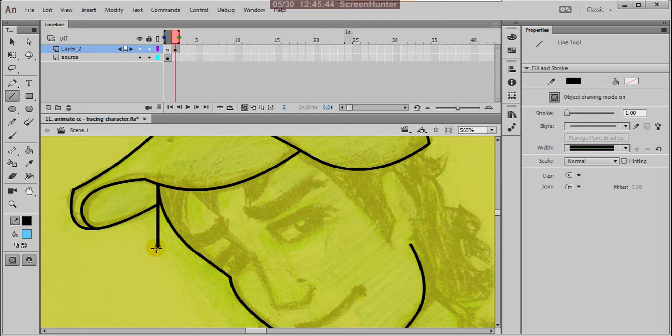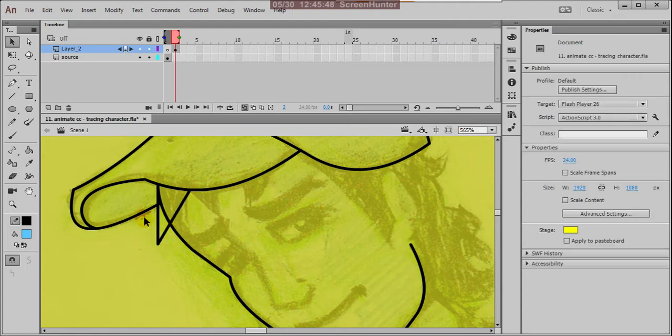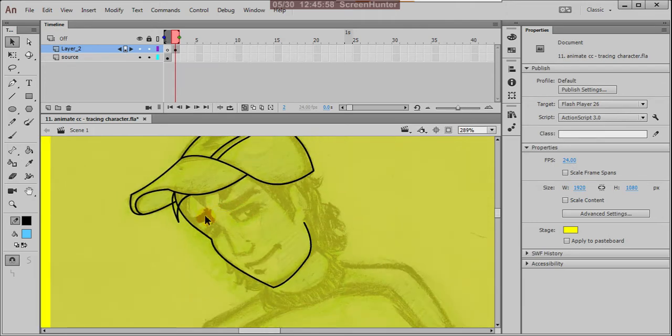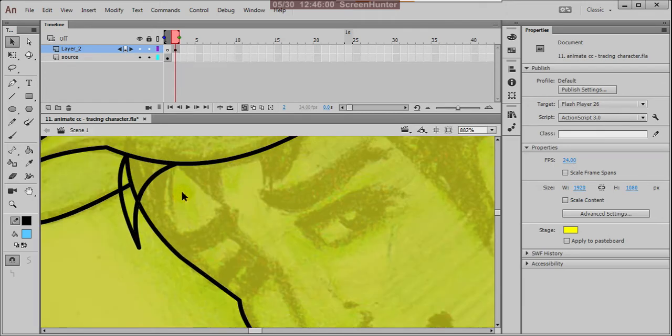Suppose here I extend a bit outside, because for naturalness, because hair falls outside.